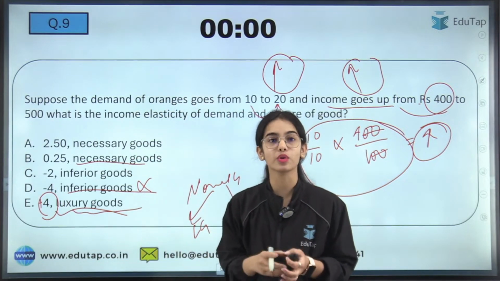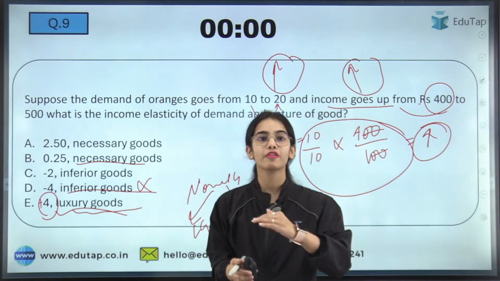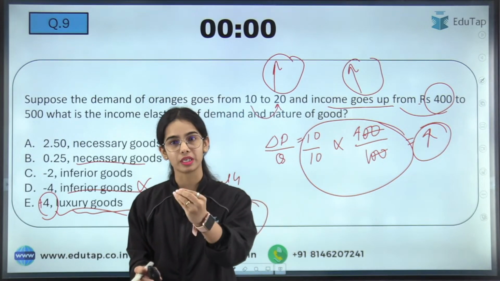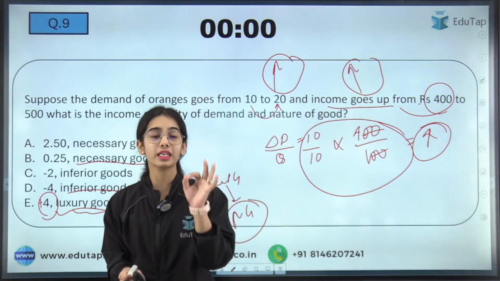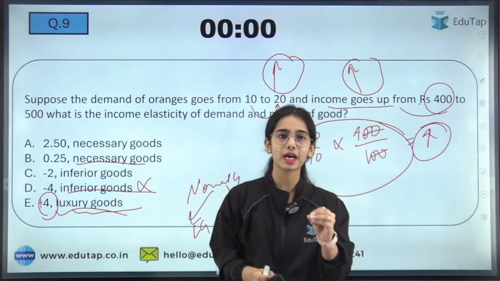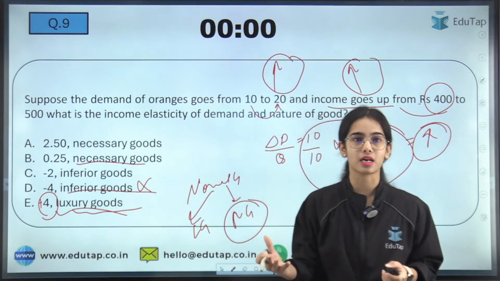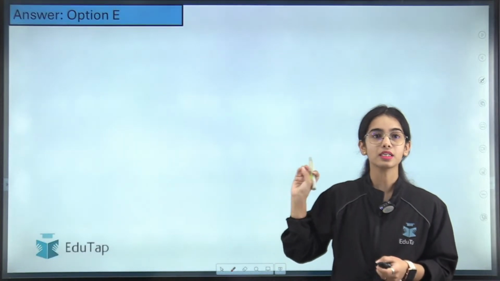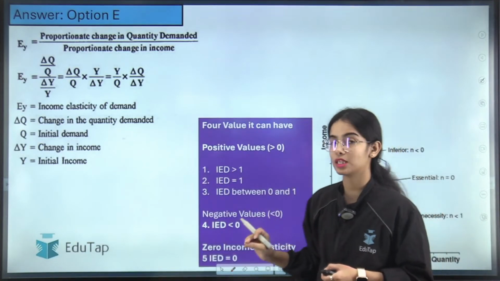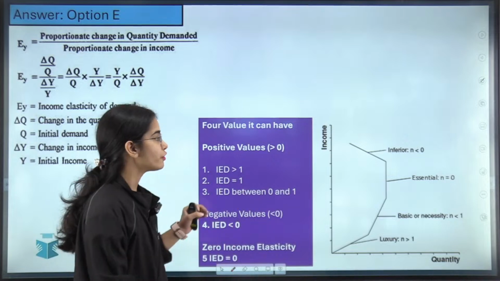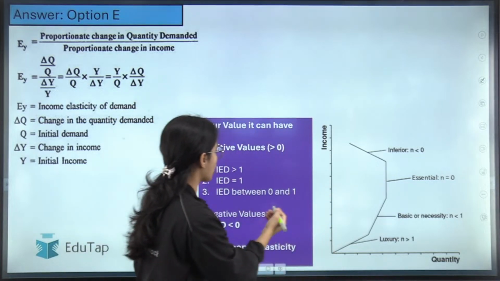It is a luxury good because with the increase in income, the demand is also increasing. Got it? Clear? If in any question you are having a confusion, you can ask me why this is the answer. Yes, the answer is 4 and it is a luxury good, because you can understand that for normal goods